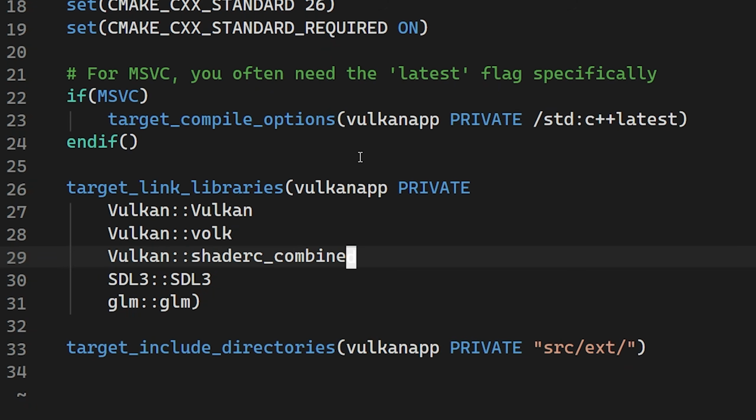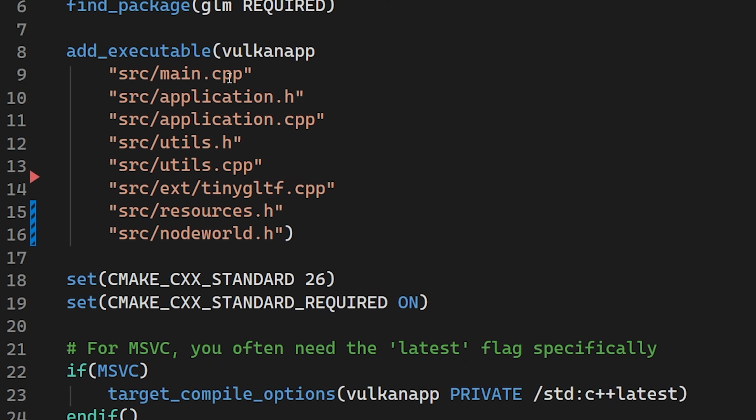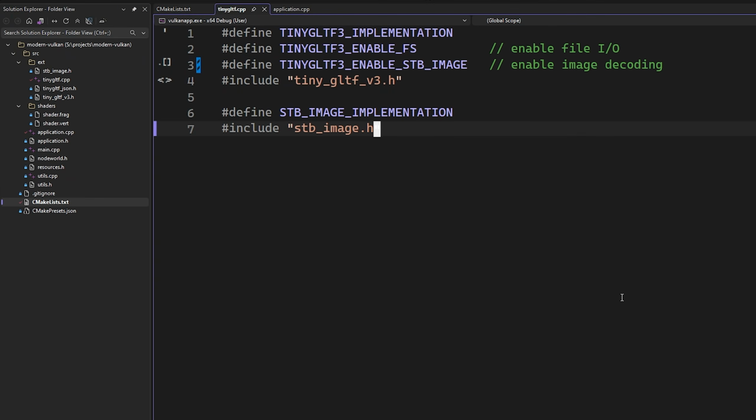TinyGLTF is a header-only library, but we need to ensure it generates its implementations during compilation. The easiest way to do this is to create a CPP file that will contain those implementations. I've created a file called tinygltf.cpp alongside the headers we just added, and included it in my list of compilation units in CMake. Inside that file, we'll need a few preprocessor defines to ensure TinyGLTF emits everything correctly in the CPP file. Just define tinygltf3_implementation for the implementations,